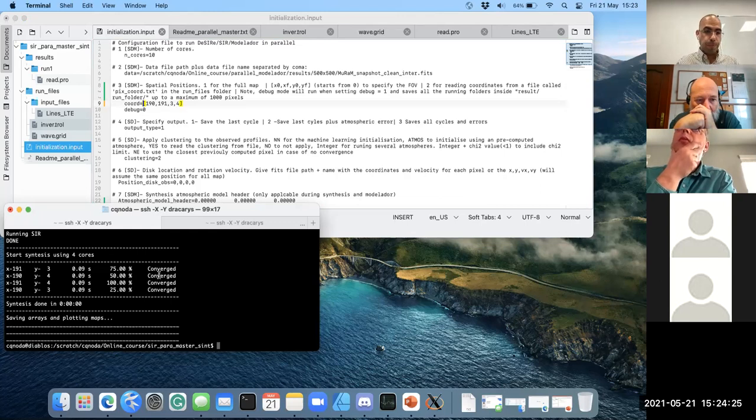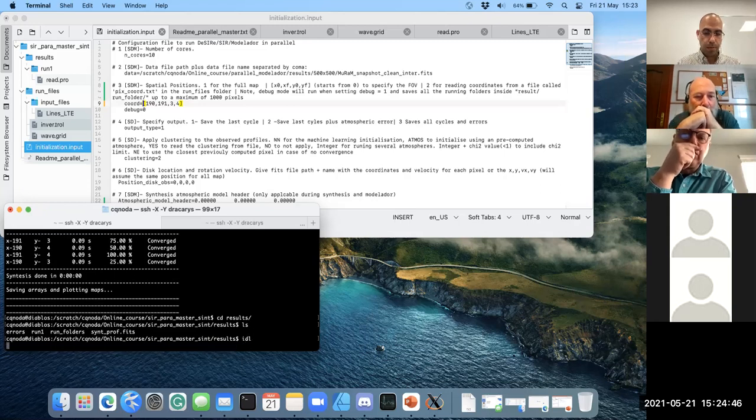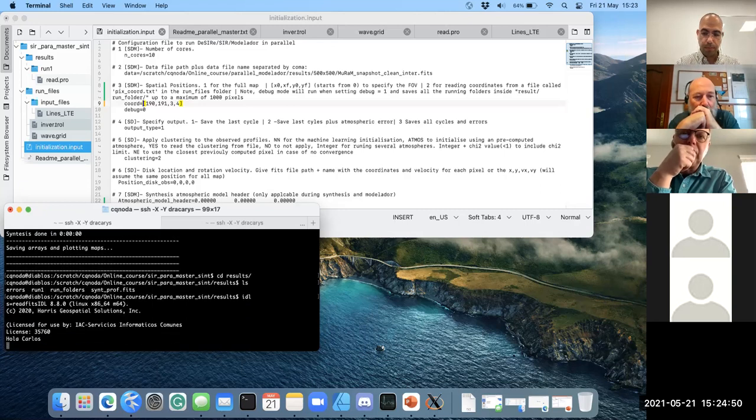Okay. So then now we can go to the folder results. And if we check what is inside, forget about run 1. This is something that we are going to check later. So the code has created this error folder, these run folders, and then this synthetic profile. So then if we read the synthetic profiles,